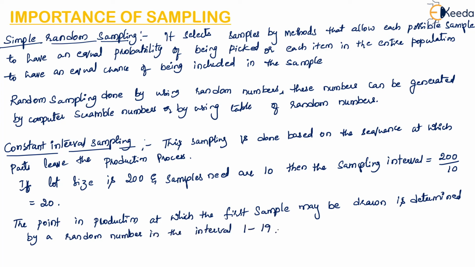So by following this, the other samples are drawn according to the selected interval. In this case, there are 20 parts. Suppose the first number turns out to be 7. Here, from the 20 parts, that is, the sampling interval is given as 20. So from 1 to 19 any random part can be selected. So if we see that instead of 20 the number is 7,